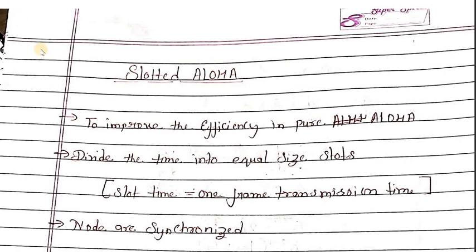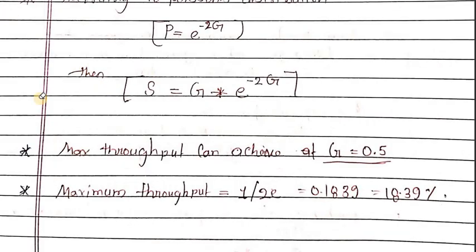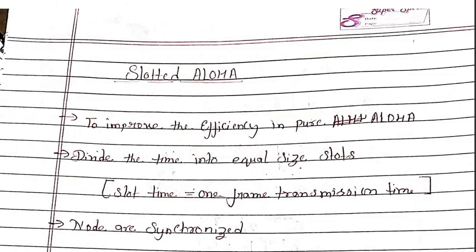In the previous lecture we covered pure Aloha. In pure Aloha we have seen that when a node has a packet to send, it will send without knowing whether the channel is free or not. The same thing happens in slotted Aloha also, but in slotted Aloha,